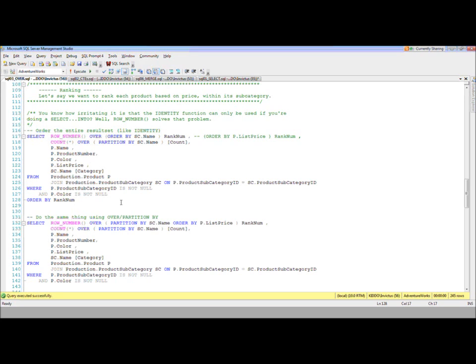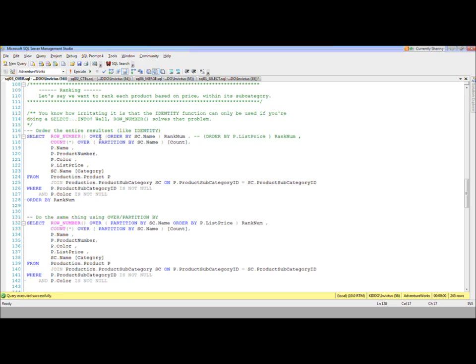But I will describe. We have select ROW_NUMBER OVER, and then without a partition, it just says OVER ORDER BY SC name. That gives us the row numbering for the entire table. You've got a column that's 1, 2, 3, 4, 5 for the entire table. If you want to do like we did before and apply that just within groups, so that say crank sets are ordered 1, 2, 3, and then the next group starts over 1, 2, 3, 4,